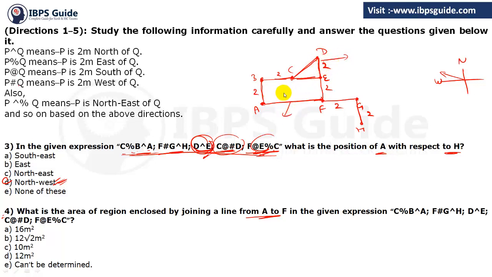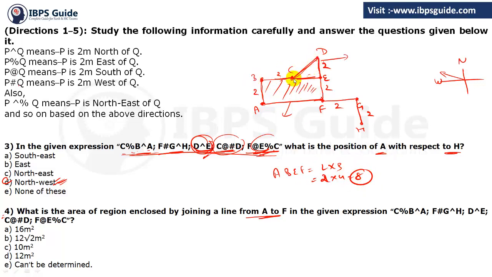Now the area of the rectangle. What is the area of the rectangle first of all? That is ABEF. So the area of ABEF will be equal to length into breadth. It will be 2 plus 2, that is 4, and it is 2. So 2 into 4 will be equal to 8. This one is clear. So this area will be equal to 8 meter square.